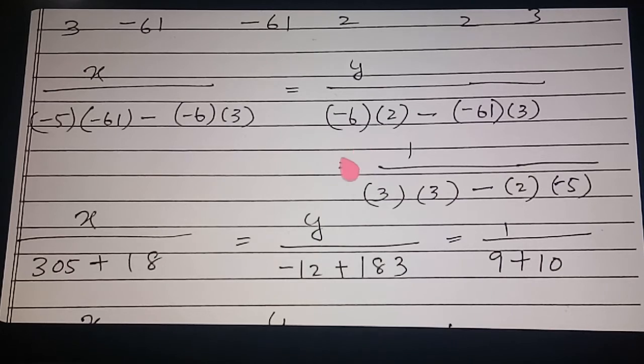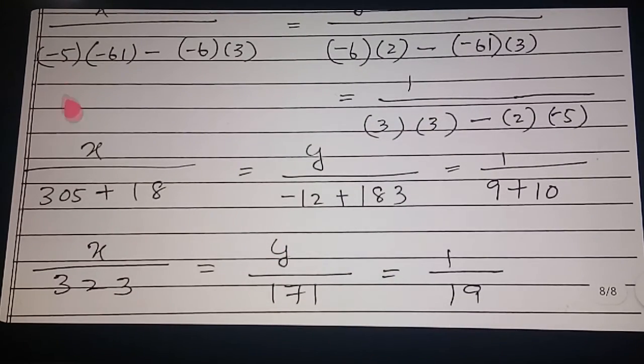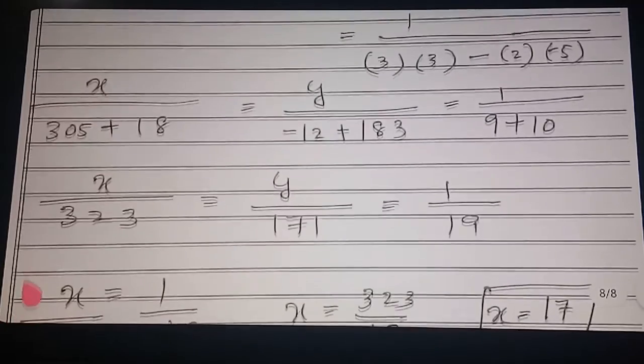this type of sums has been explained several times, that is why the teacher is not explaining it too much. Equation making is very important. After that you can do it by yourself. 3 into 3 minus 2 into minus 5. Okay, multiply and write here, and here 2 minus, so plus, here also 2 minus, so plus, here only 1 minus, so minus, here 2 minus coming, so plus, here 9 minus, here also 2 minus coming, so plus. Okay, so how much did we get?